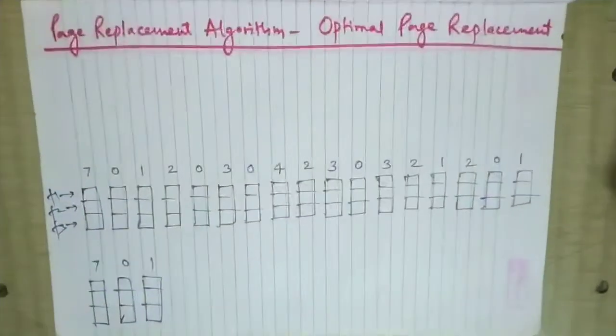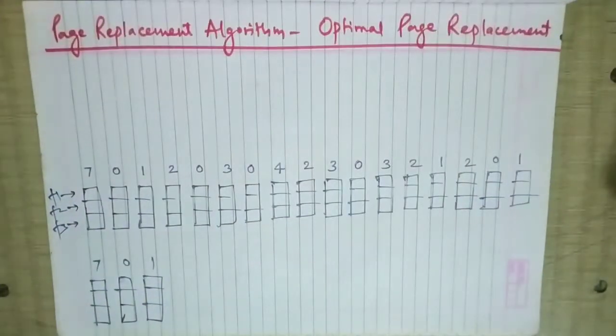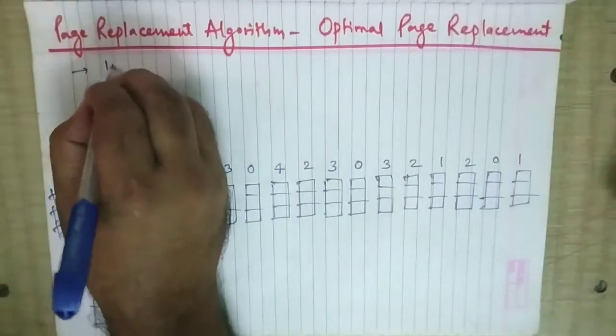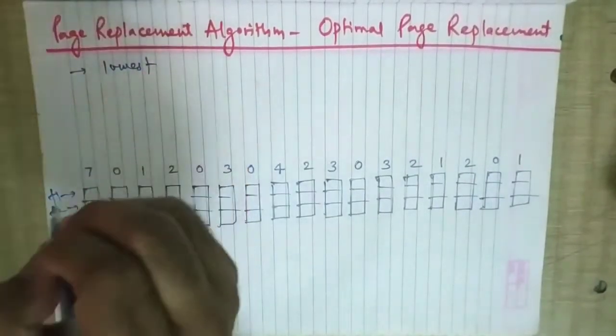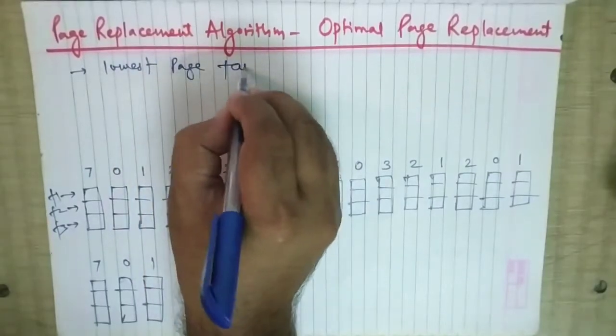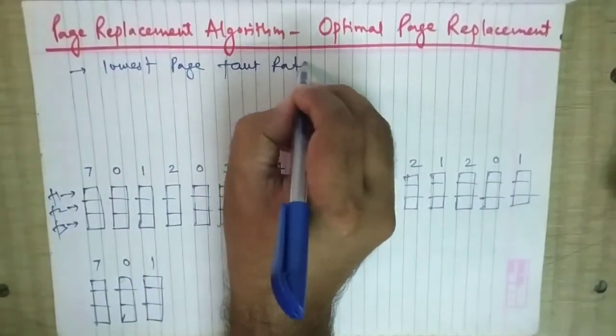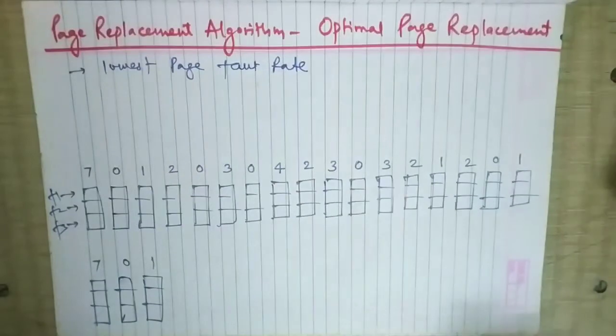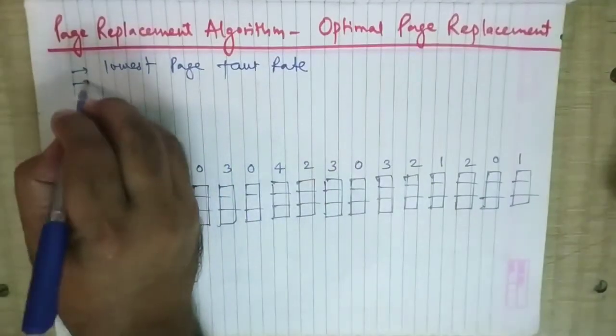With the last one, that is optimal page replacement algorithm. Okay, so this is the last algorithm, one which is very good, and the name of this algorithm is optimal page replacement algorithm. And this is the algorithm which is having the lowest page fault rate of all the algorithms, and will never suffer from